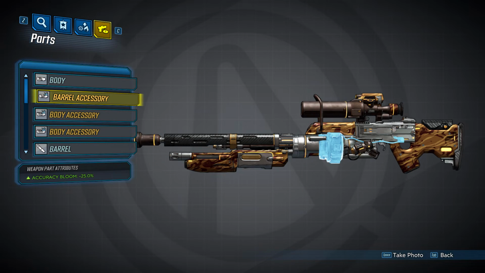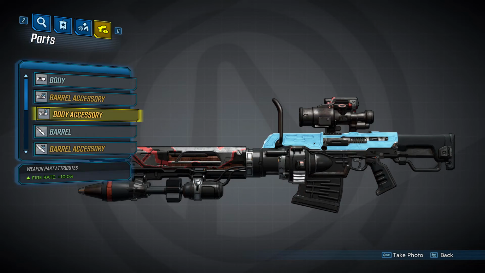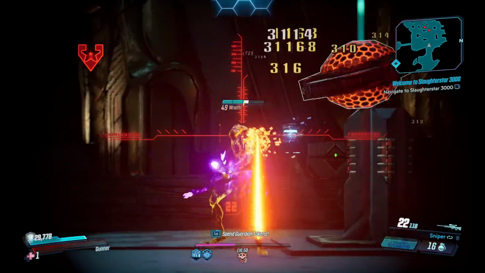The first will decrease your accuracy bloom by 25%. The second shown here will increase your damage by 10%. And the third will increase your fire rate by 10%. That's it for the body, and next we're going to take a look at the different barrels that Vladof snipers